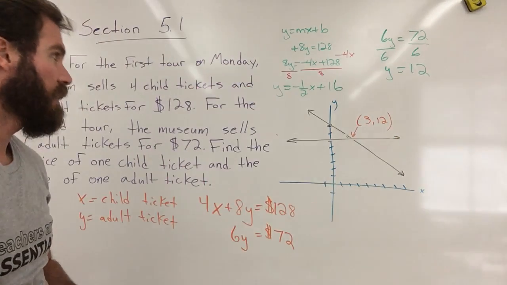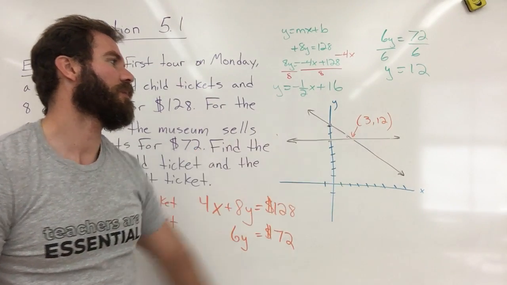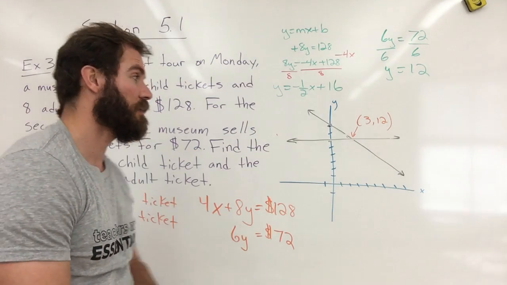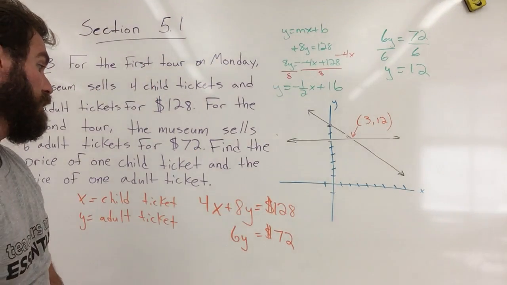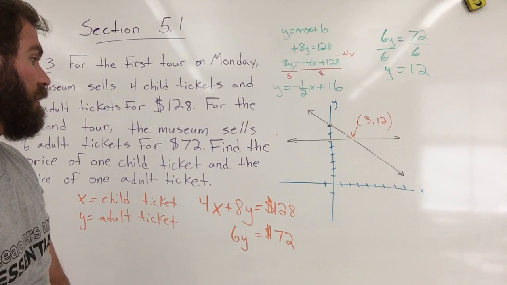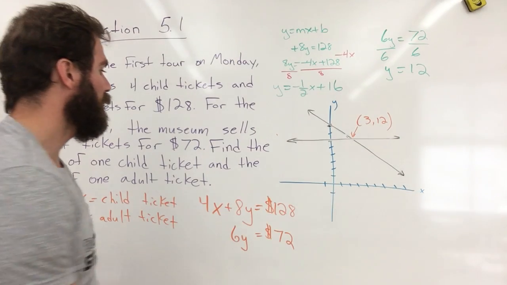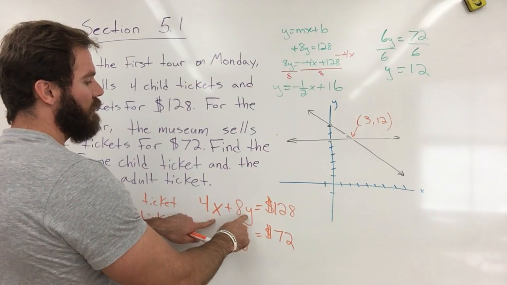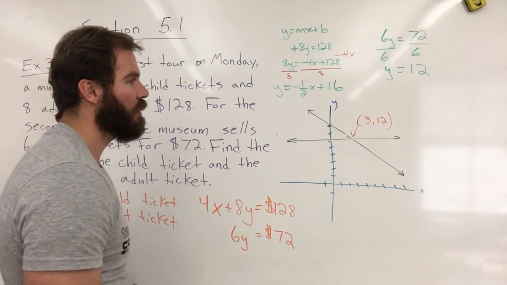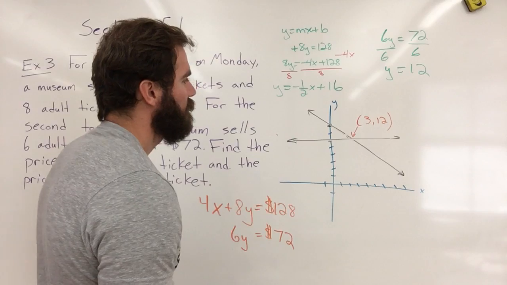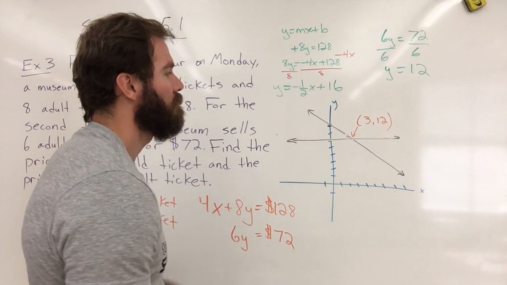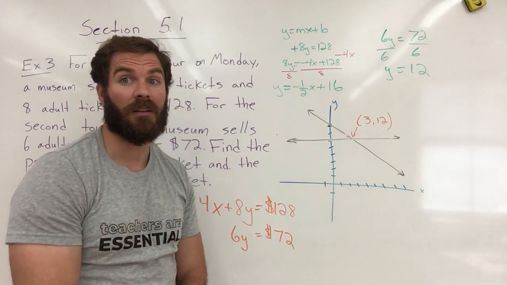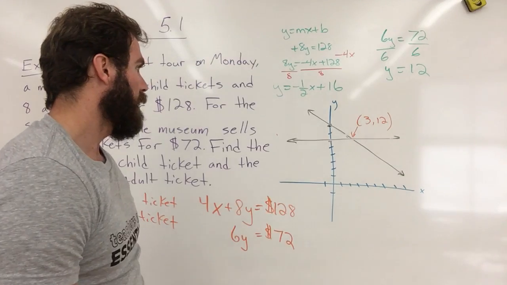Okay. So that means the children's tickets were $3 and the adult tickets were $12. I could double check that to make sure they work. If I plug in 3 for the X's and 12 for the Y's, they'll come out to be 128. And I could double check to make sure it works. Yep,